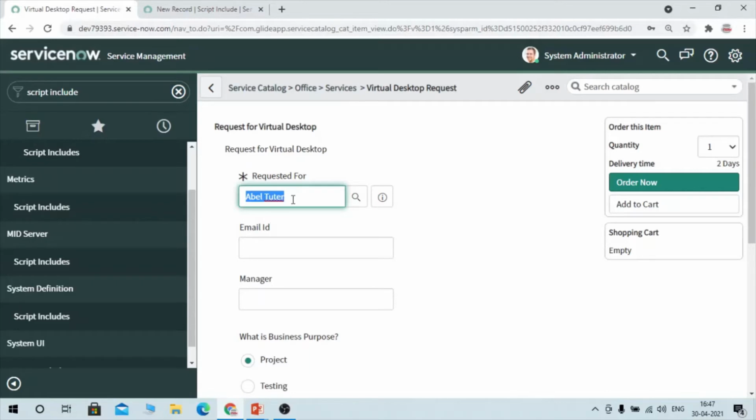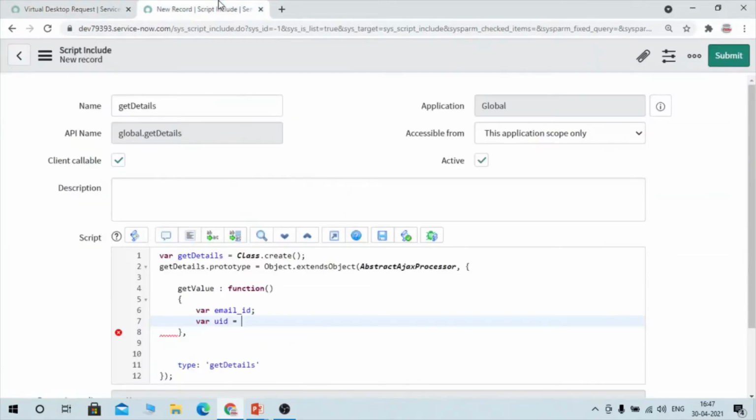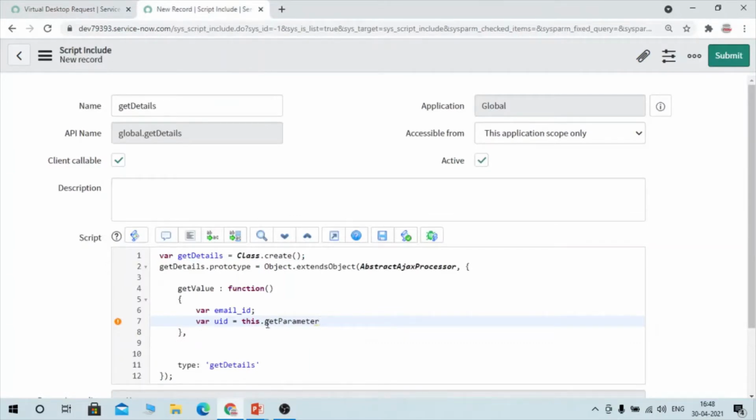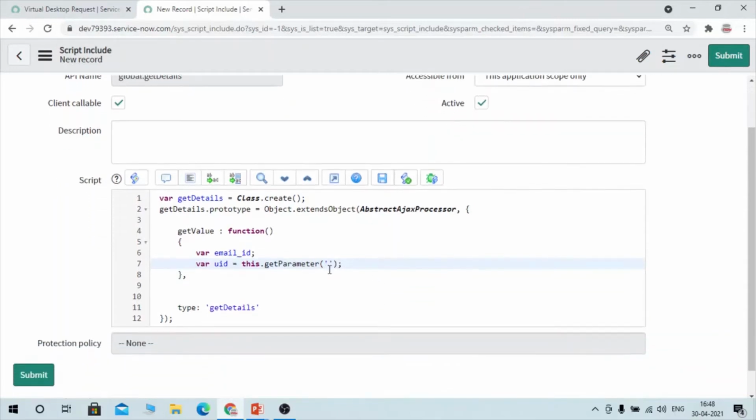And we store this information in one of the parameters, and by using this dot get parameter I am getting that record here. So I can compare, I can filter my data when I'm gliding the user table, and I can give the respective data, whatever we have selected here. Okay. So here I have used this dot get parameter, and whatever parameter we are going to define on the client side I have to pass it here. So we'll pass it later once we define our parameter on the client side. All right.